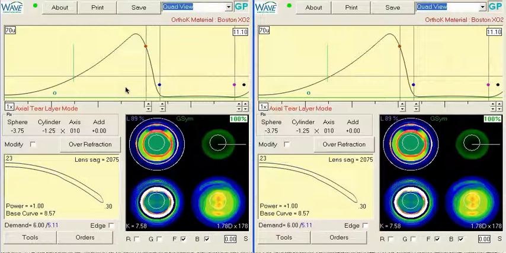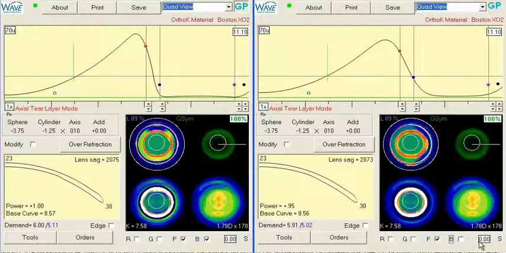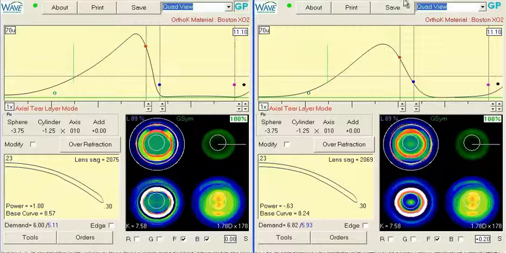So this is the same lens right now. We'll keep the starting point on the left untouched as a reference, and then we'll make our changes on the right side. We do have to turn the blending back on if we're going to go with asphericity, and let's go to a plus 20, which is usually what I start with. It's an oval zone, so the first thing I'll do is reset our